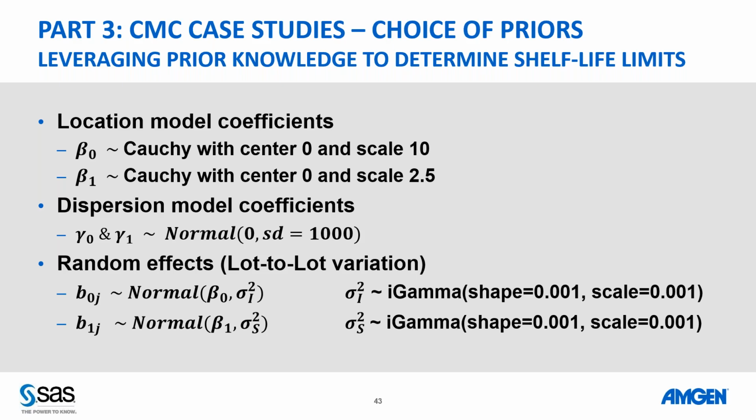We tried this with the half Cauchy that they recommend in these situations, and this is the one that we found works the best. And I was going to ask you, Fang, this inverse gamma with the normal, isn't that the conjugate prior if you have a normal situation when you don't know the variance? Inverse gamma on the variance or the gamma on the precision, yes, it is a conjugate prior, so it helps sampling. So these are the priors that we're going to use. And now you can see that this is a little more elaborate, as we were seeing with the hierarchical model, because you had to keep track of a whole bunch of things.